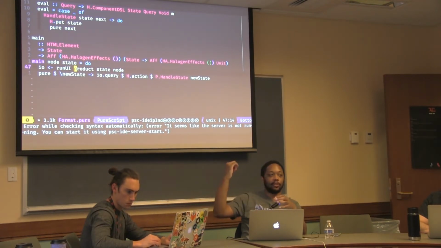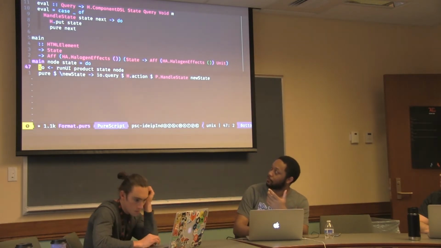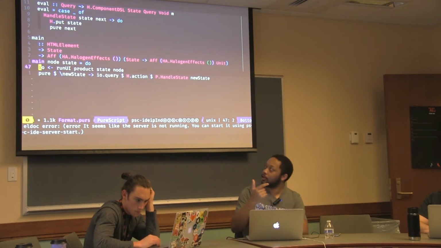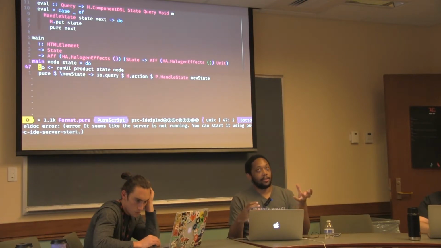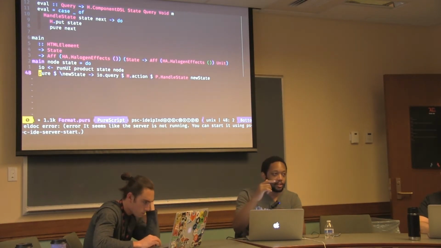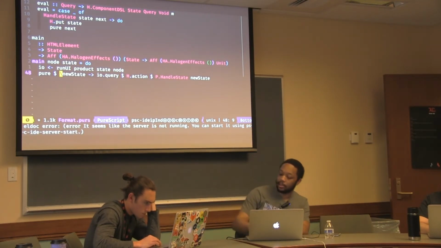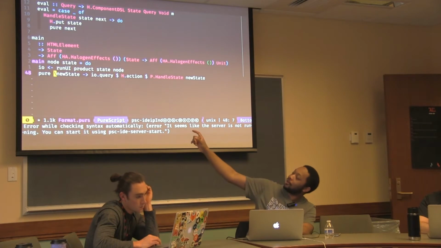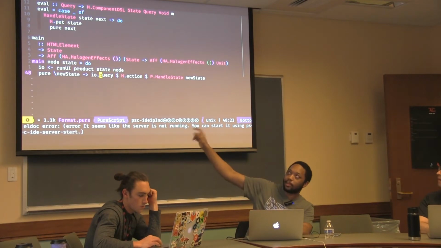And then you have Halogen run the thing rather than doing this weird AF thing. But since we want to be able to communicate into there, we use the return type of this run UI, which is a record that has a way to query things and a way to submit things. A query means use the query algebra, not query in another sense. So we're going to return this callback where if somebody gives me a new state, we're going to run a query